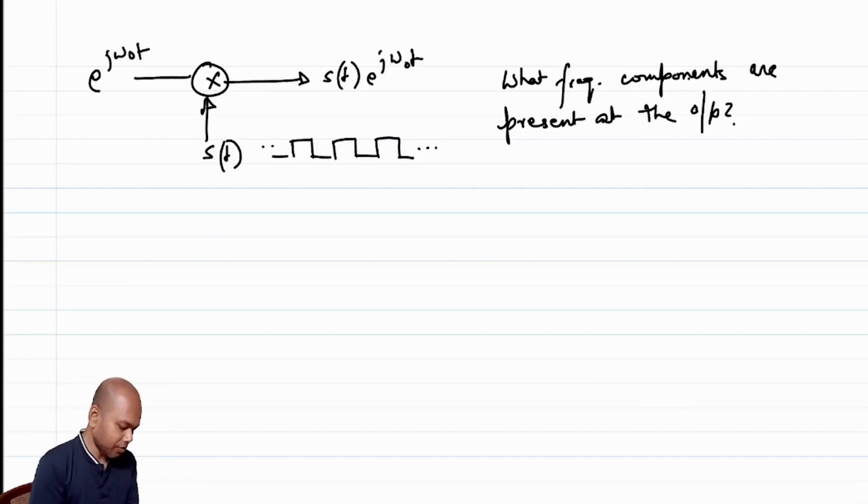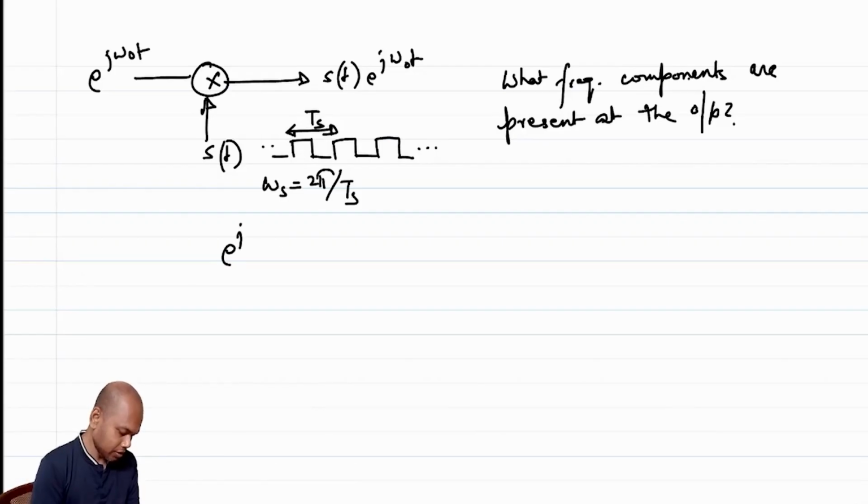And when we did that, what did we find? We basically found that s of t can be thought of as a summation of, if I assume that this is Ts, right? Periodicity is Ts, and if I define, let's say, omega s to be equal to 2 pi over Ts, then I can say your s of t is nothing but